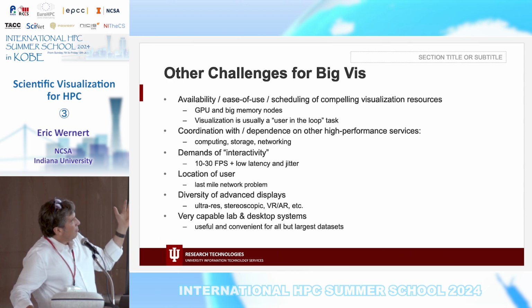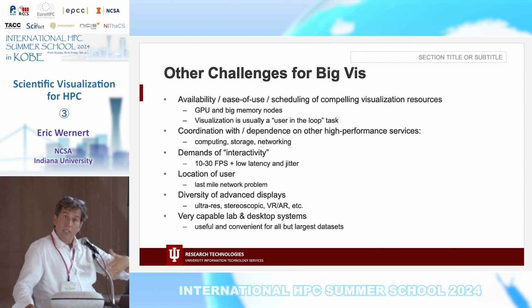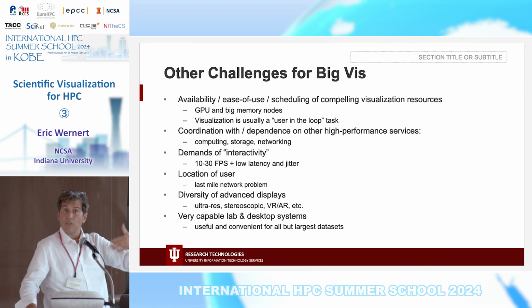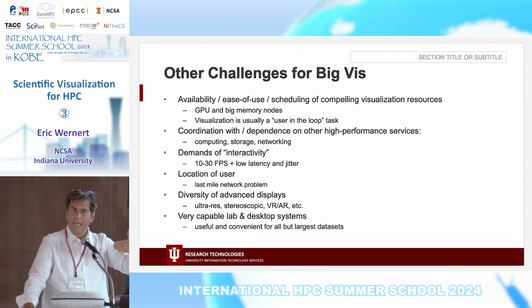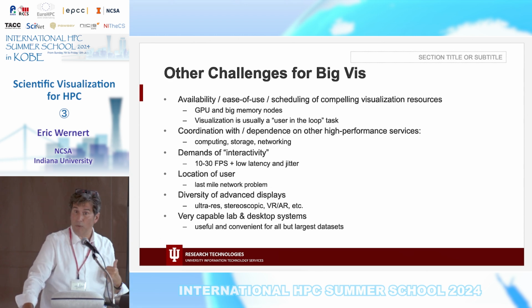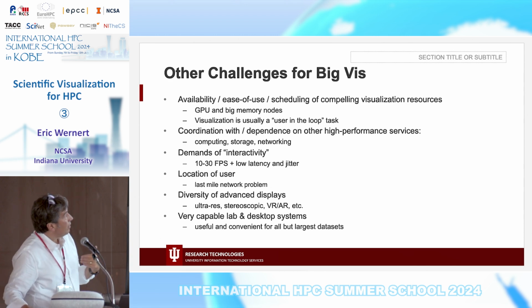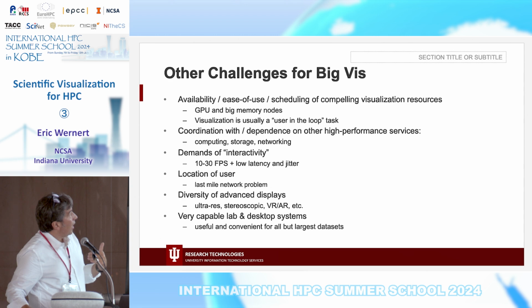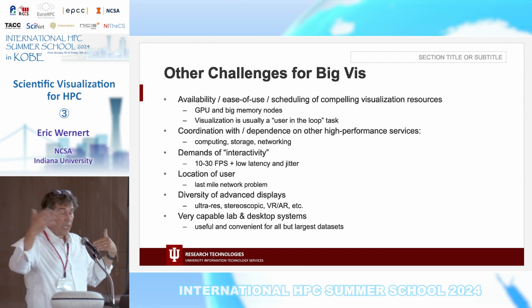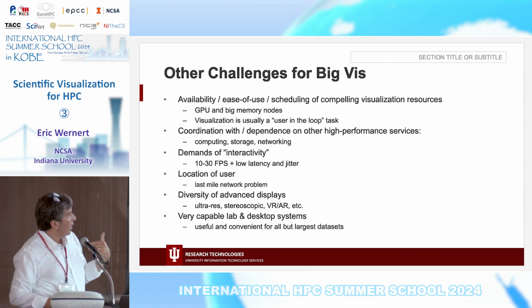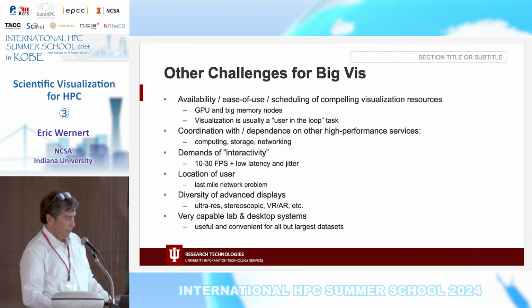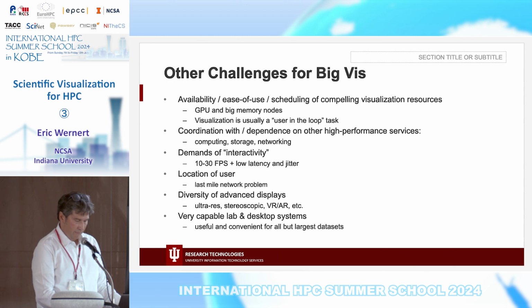But again, visualization is often a user-in-the-loop task, so at least in the early stages it requires an interactive node, and that is not always available in your computing center. Again, interactivity changes the last mile problem, getting things across the network. And again, it's also hard because people have very capable